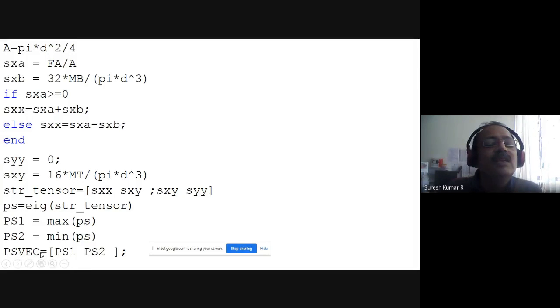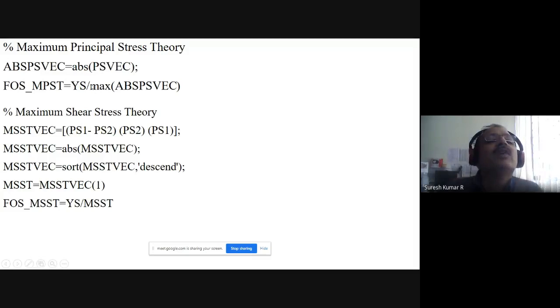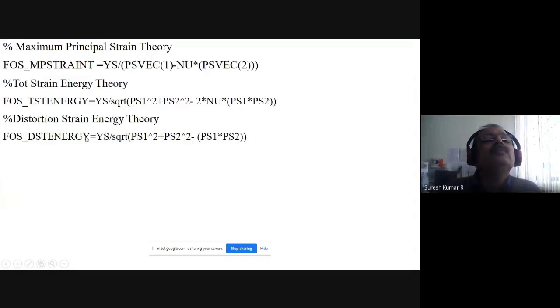You can see here the principal stress vector, sigma 1 comma sigma 2. Once I get sigma 1 and sigma 2, the maximum principal stress theory says the factor of safety will be sigma e by sigma 1, the maximum of sigma 1 and sigma 2. Maximum shear stress theory, again, whichever is maximum between sigma 1 minus sigma 2 and sigma 1, that will be taken, so sigma e by the maximum of this value. Maximum strain theory, again sigma e by sigma 1 minus mu sigma 2. Total strain energy, sigma e by